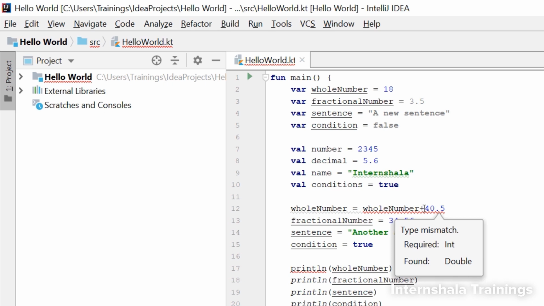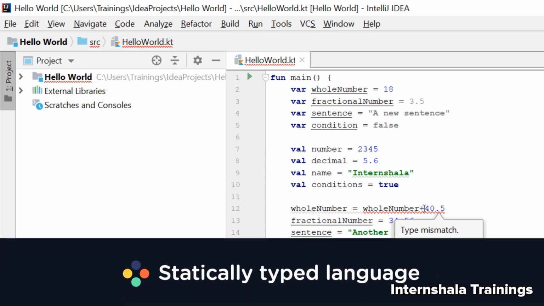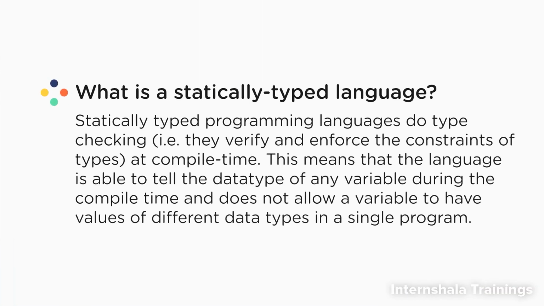So you see that the IDE is checking the type of these variables before we even run the program, and it is pointing out errors. What this error statement is trying to tell us here is that once a variable stores some kind of value, we cannot store a different kind of value in it later. This is what is meant by statically typed language. Does this term ring a bell? Yes. We discussed it in the last topic and told you that we will come back to it. Revisit the definition of statically typed language in topic 1 and see if the definition makes sense to you now.